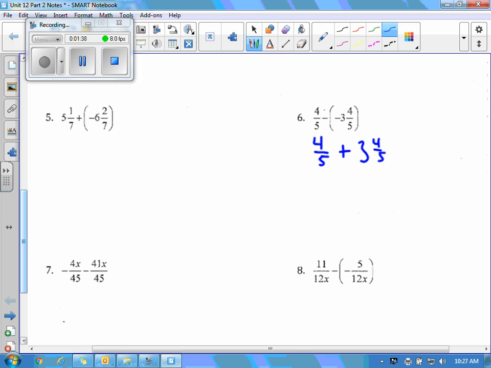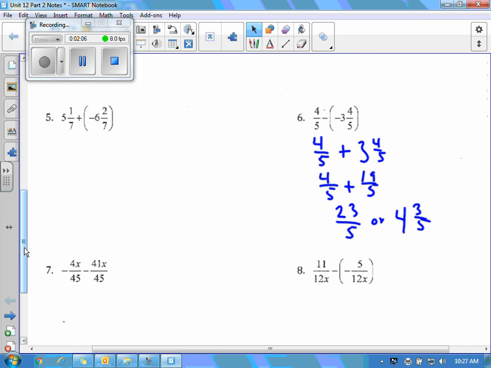fifths. Alright, one way to do this is to take 3 and 4 fifths and turn it into an improper fraction. So I do 5 times 3, which is 15, plus 4, you get 19 over 5. Once I do that, I can go ahead and add the numerators, so I get 23 over 5, and then when I turn that into a mixed number, I would get 4 and 3 fifths. So one way to do it is to take your mixed number and turn it into an improper fraction. Alright, go ahead and write that down. And then the other way you can do it,